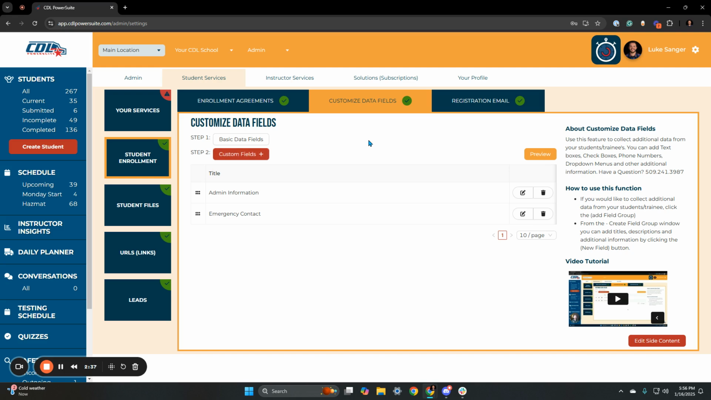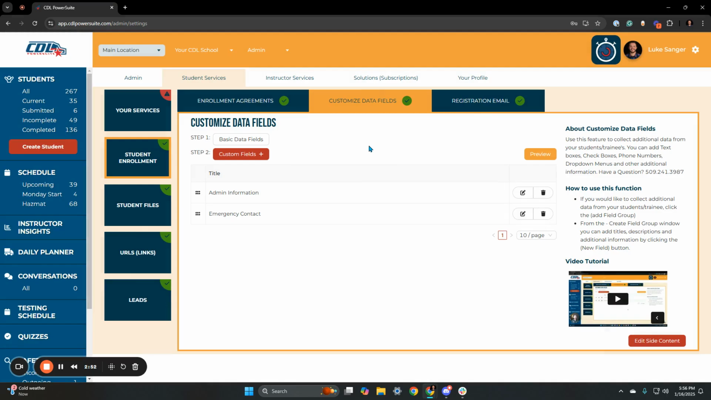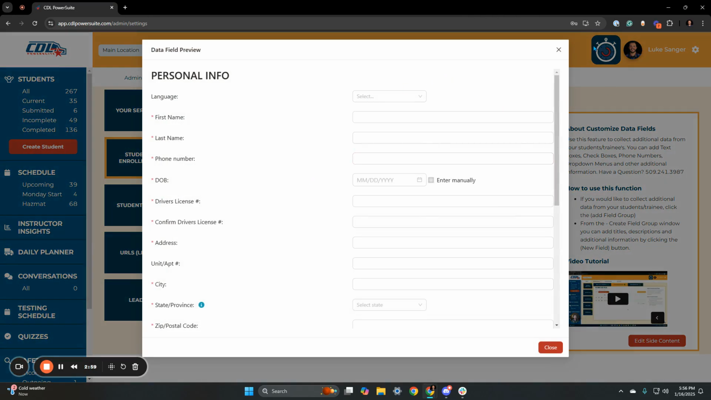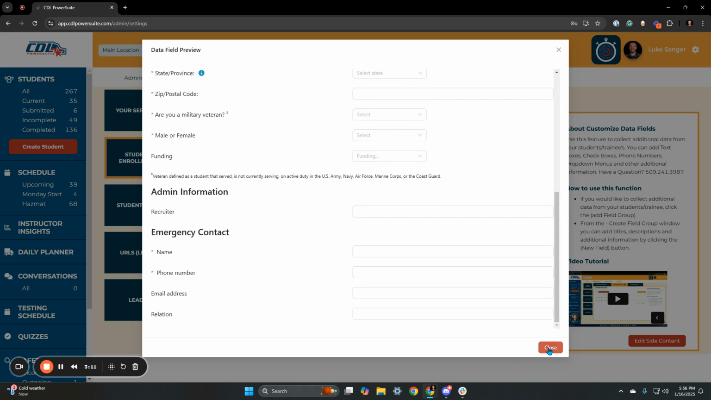they need to collect. For example, we have created this emergency contact field where you can collect the name, phone number, email address, and relation, and you could always build this into your portal, add more fields to it, as well as create additional fields on top of that. It makes it super easy, and you can also preview all of your data fields by using this preview button right here. And then you can also fill in these fields as if you are the student going through the process yourself. So you can see exactly what your students are going to see before you give them access to